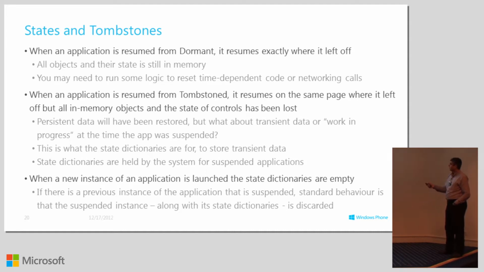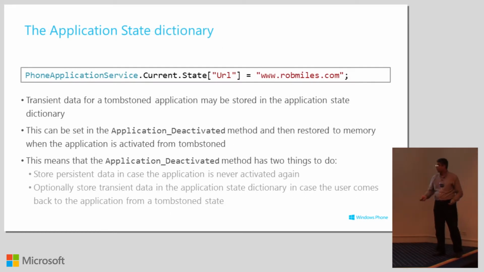So, this talks about it. It says when a new instance of the application is launched, the state dictionaries are empty, right? And as you progress, they maintain state. What you can do is use the application service state for recording the information that you want in that state. So when you come back, you can query this and repopulate your screen. Okay? So for example,